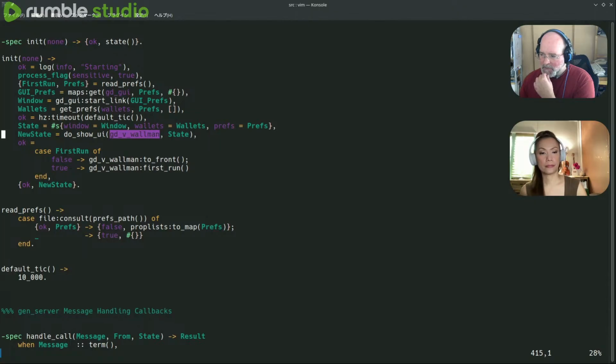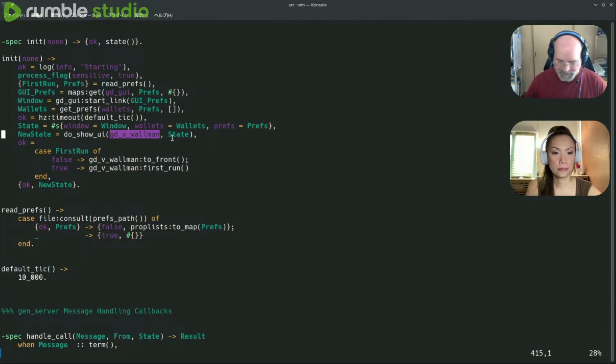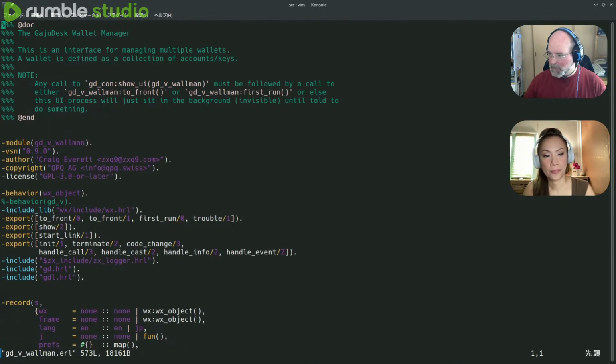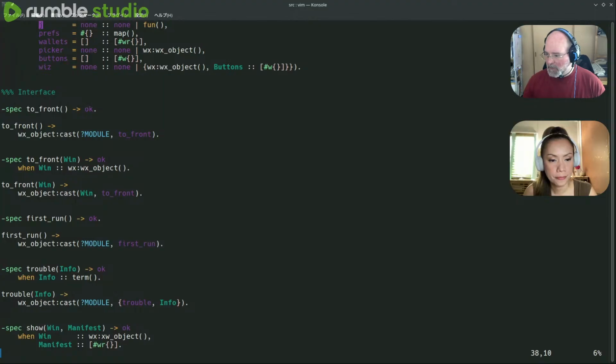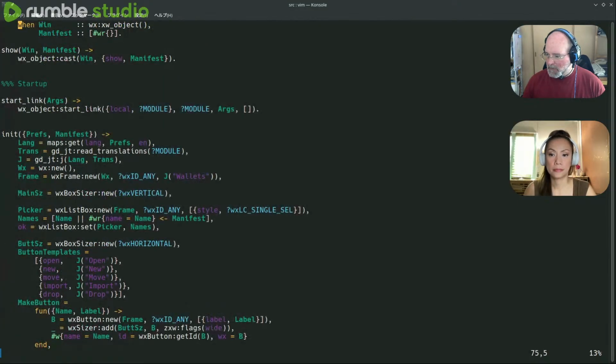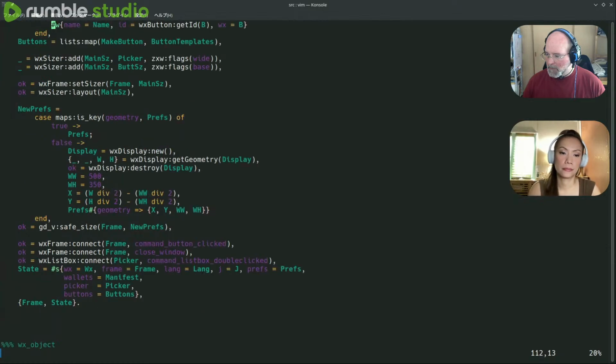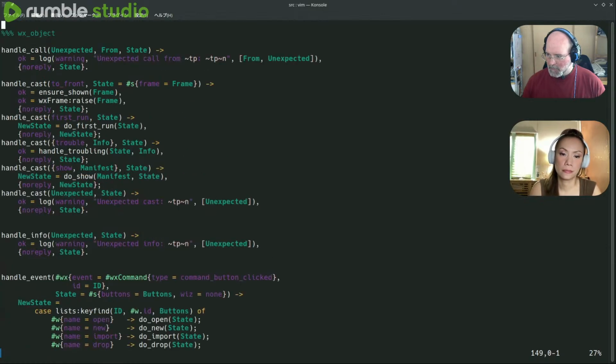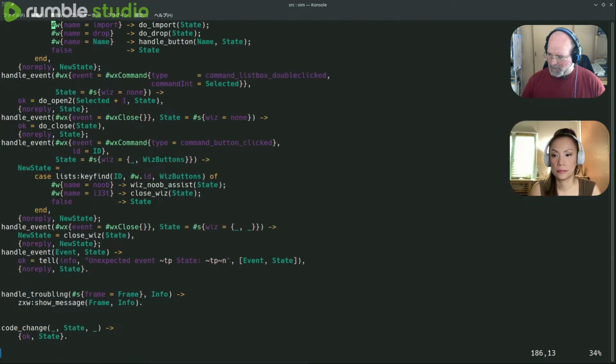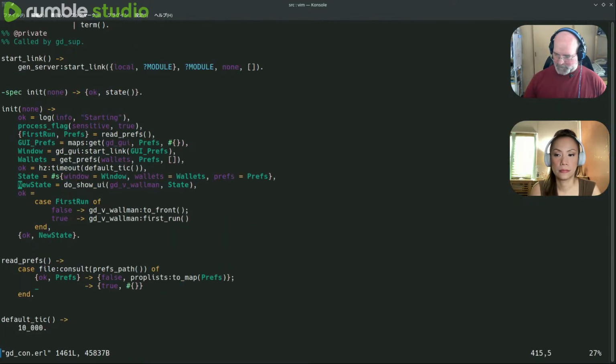I know I had this set differently originally. Let me see if it's in the wallman code. No, it can't be in the wallman code. It has to be over here. So basically deciding whether or not to open this.